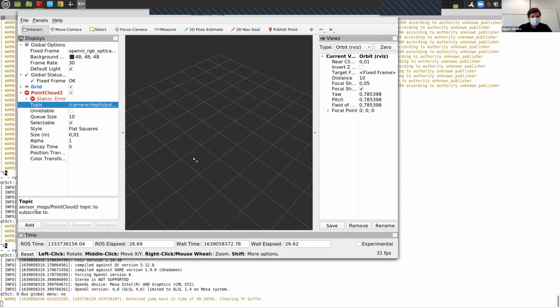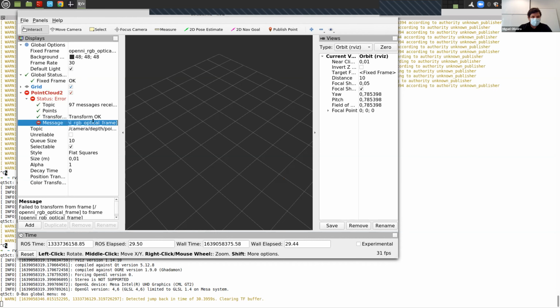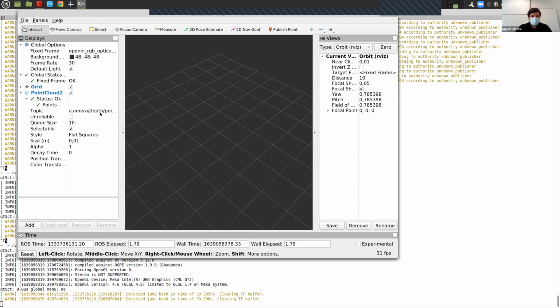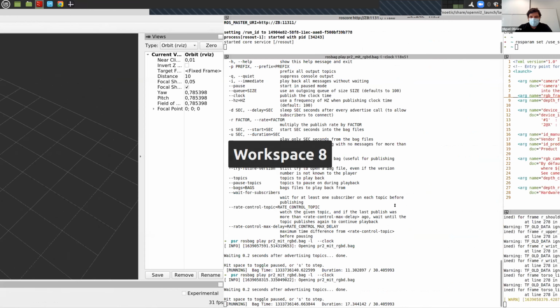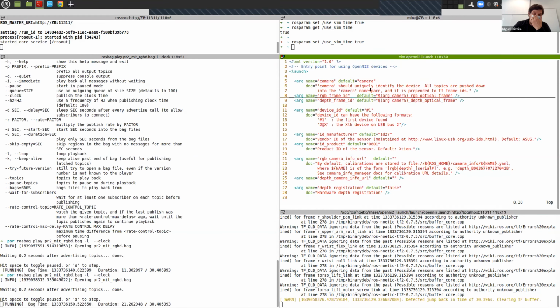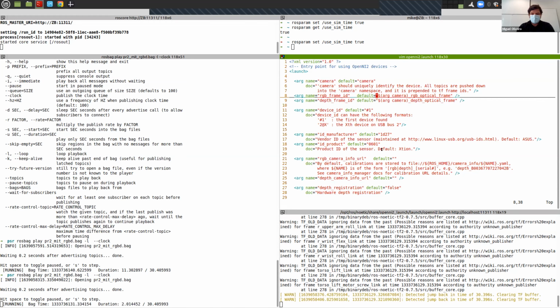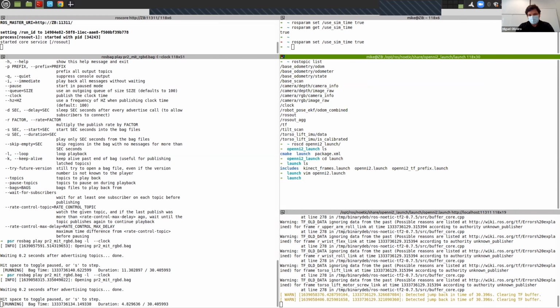Let's see. But now I took the slash away. What the hell is wrong with it now? I took the slash away. Because I said no slash from... I think you need to put the slash there. I can try to take the slash away from here. But okay. The problem is that what I change here doesn't really do anything, because the bag file is so old, like Sarah said, that it contains the slash